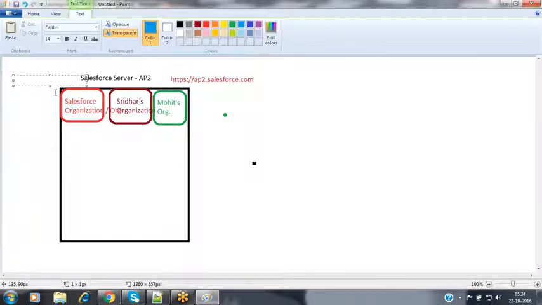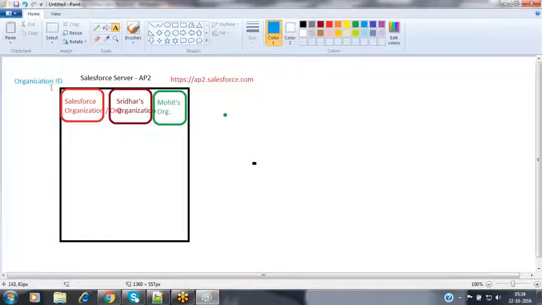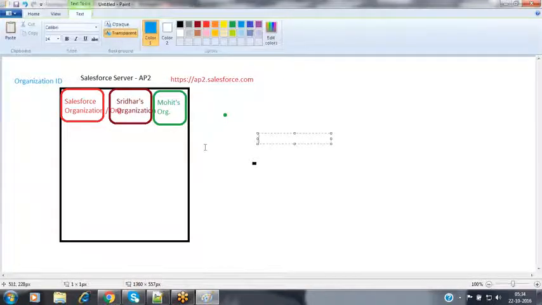For every Salesforce account, it allocates the Salesforce.com organization ID, a unique identification number allocated by Salesforce to you. So where exactly is that Salesforce.com organization ID available?